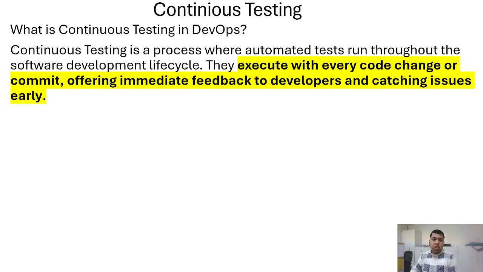Today we continue in our Selenium journey. We have completed a lot of topics in Jenkins. Now we are going for testing and other tools. So we discuss continuous testing. Continuous testing means it executes on every code change or commit, offering immediate feedback to the developers and catching